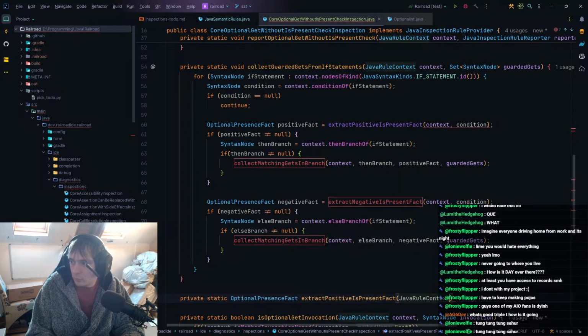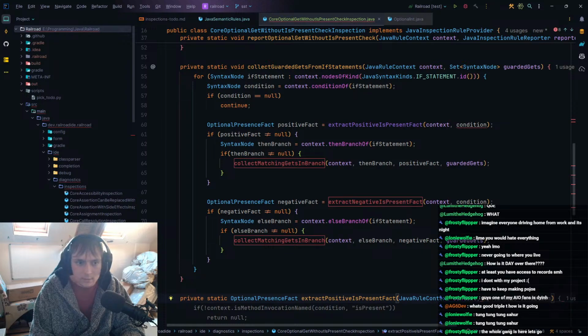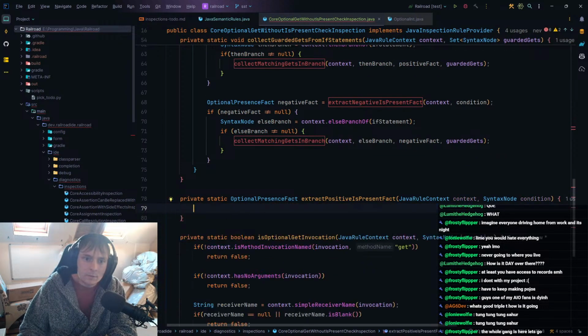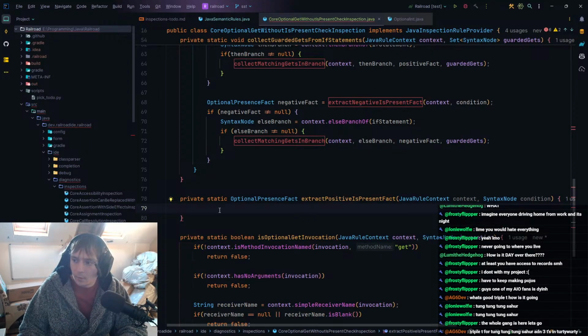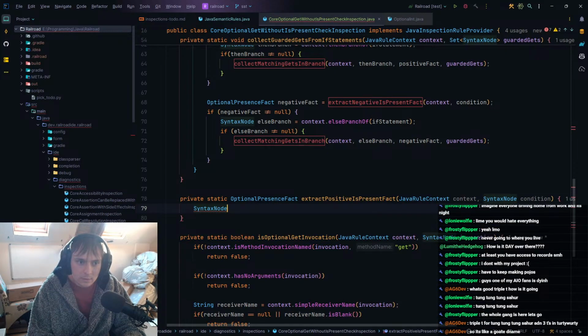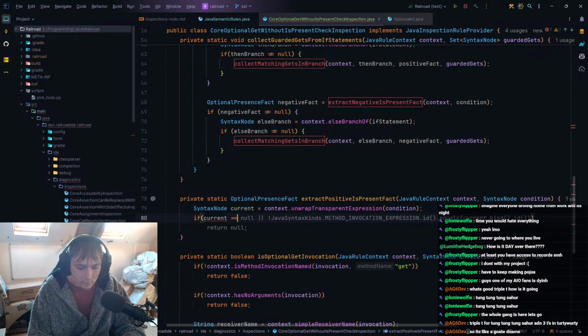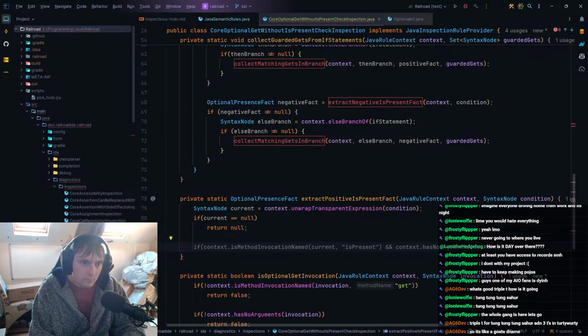Java. Context, and syntax node condition. Okay, so I mean, this should be syntax node current is equal context. Unwrap it, and then if current is null, return null, and then